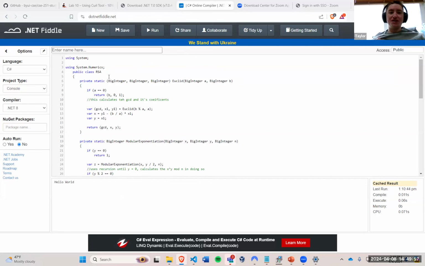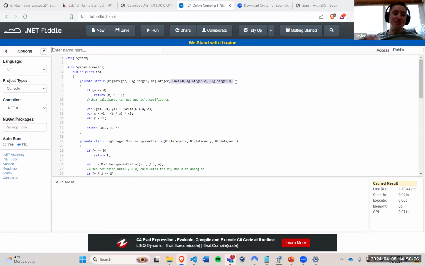In the original file that I have, it would also use the namespace, but because there isn't a folder and it's not compiling with a list of other C# files, we're just going to use both of those, using system and then using system.numerics. So the big part of it is first, if you'll notice, we use Euclid right here,